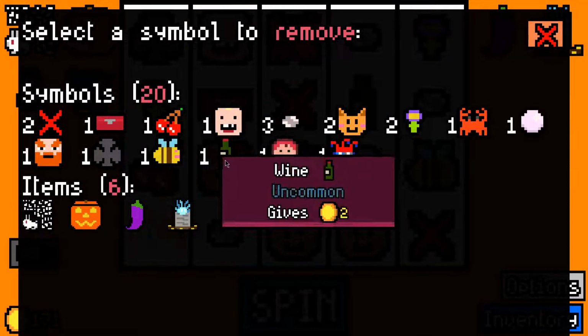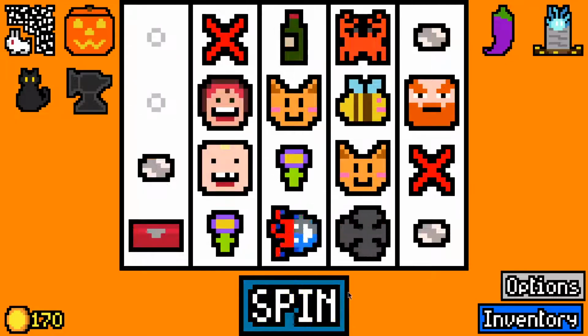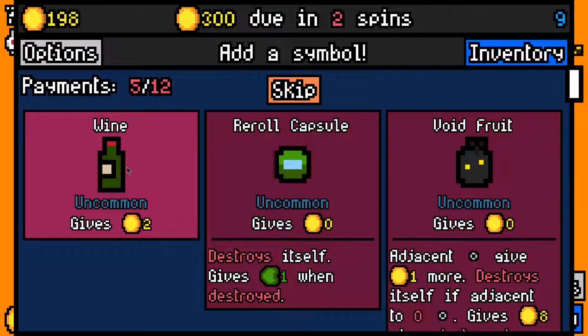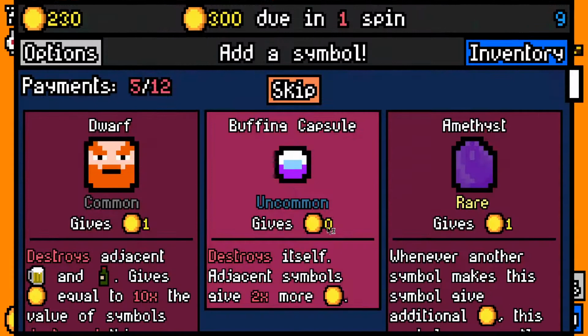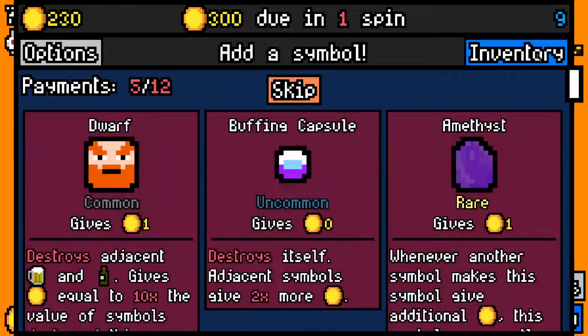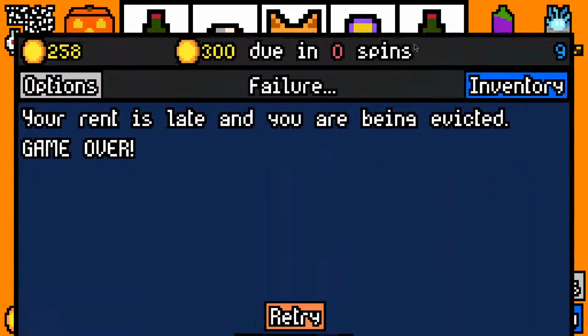So now we want to remove our coin and we want to remove this pearl. Okay. If we can make the next rent payment, I think that we should stabilize here. In order to make the next rent payment, we need to get 70 on this spin, which basically means we need both of these wines to be eaten. Which unfortunately, I think means we need a second dwarf, and we needed to hit both of the wines, which